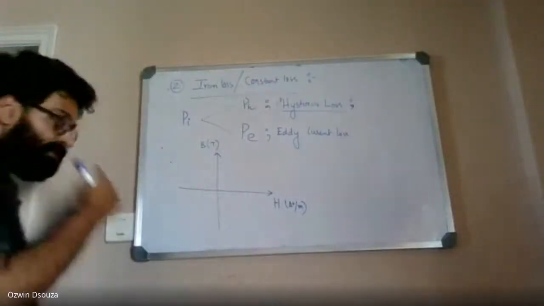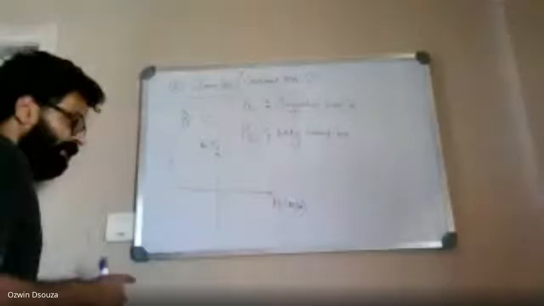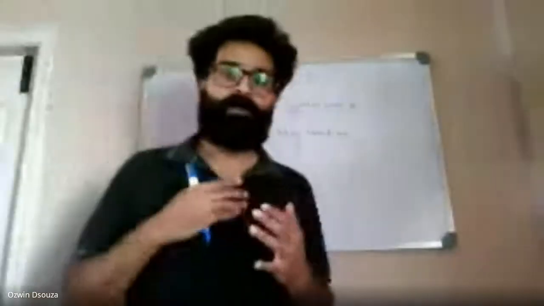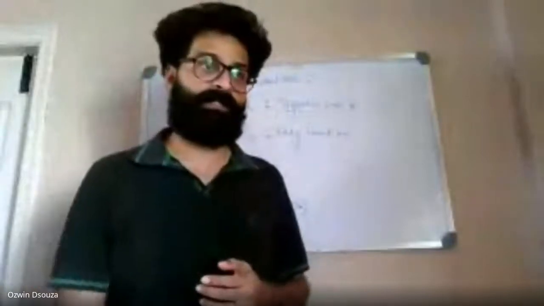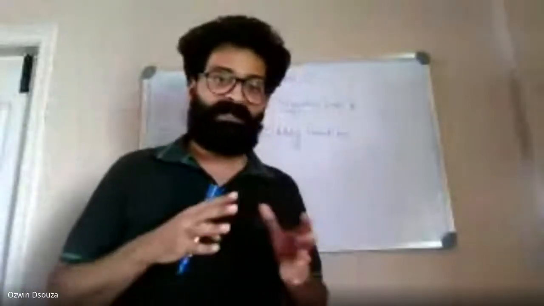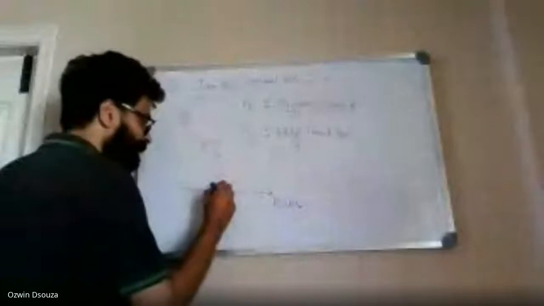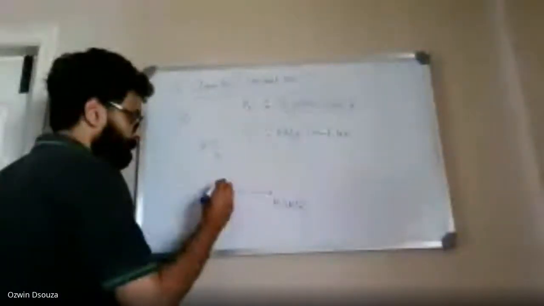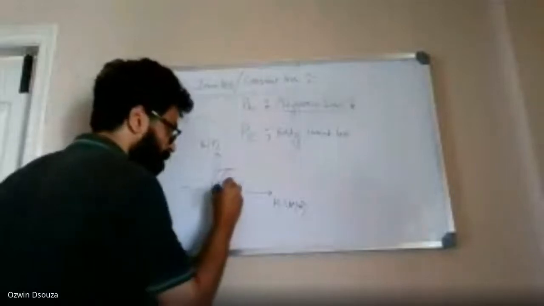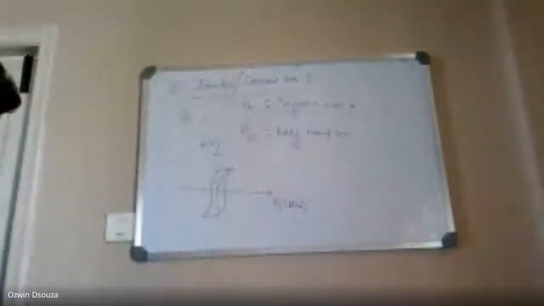It is observed that whenever the transformer core is subjected to a cycle of magnetization and demagnetization, there exists some kind of heat loss, and that heat loss is called the hysteresis loss. So this is the typical magnetization and demagnetization characteristics of a magnetic material, something of this kind.